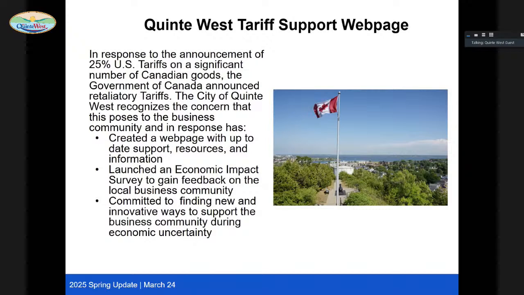Those are some of the supports on that webpage if you have a chance to go through. We keep adding and updating it as we get information through various ministries as well. Lots is changing on a regular basis, and we're just trying to stay on top of it to support our business community as best as possible.